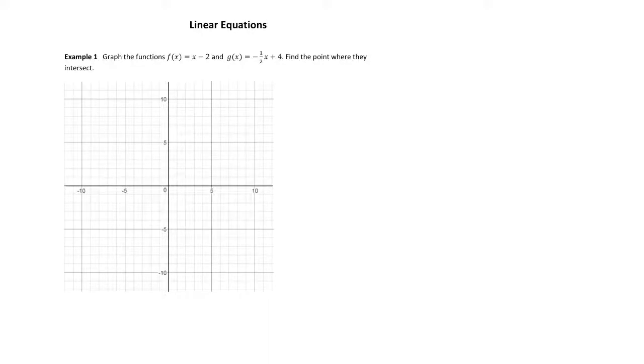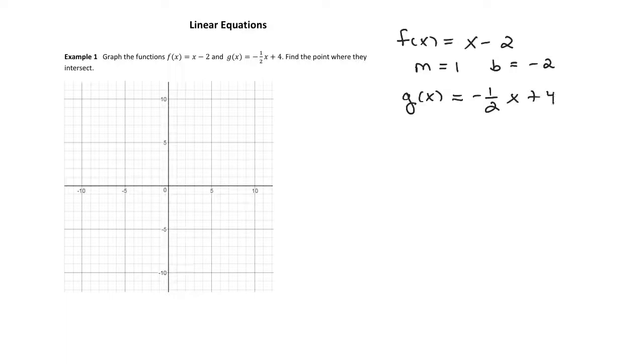For this lesson, let's talk about linear equations. In example 1, I want to graph the functions f of x and g of x and see where they meet. Now these are both lines, so we have f of x is equal to x minus 2. Here the slope is 1, the y-intercept is negative 2. And for g of x equals negative 1/2 x plus 4, the slope is negative 1/2, and the y-intercept is